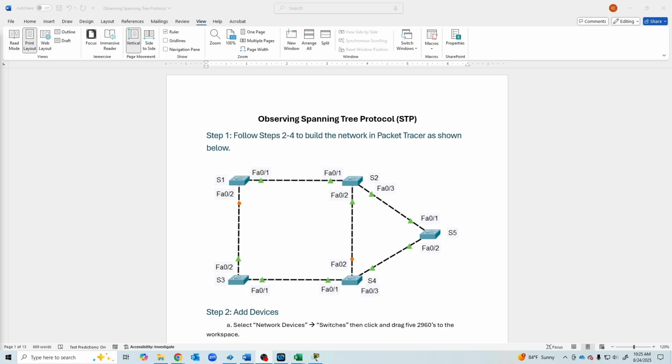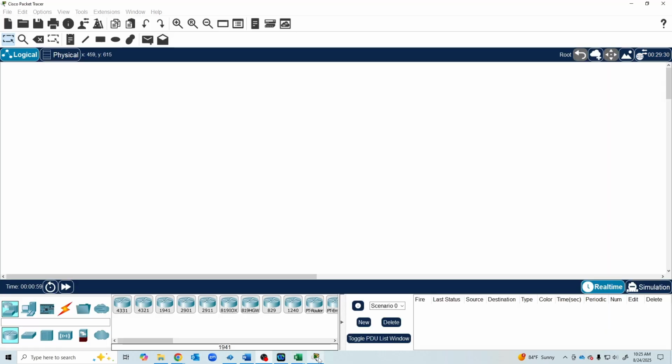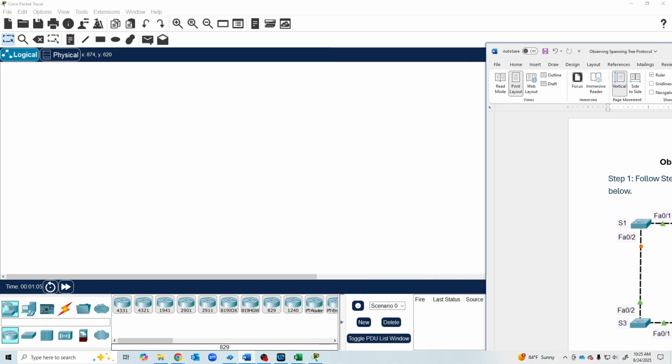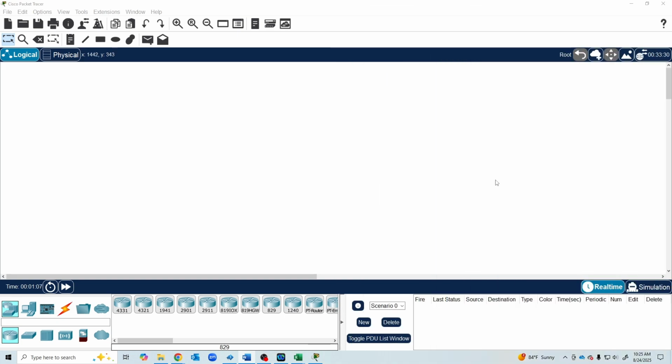So let's get started. I'm going to go into Packet Tracer. The first thing I need to do is start creating this network. Let me bring this off to my other monitor so I can see what I'm building. In Packet Tracer, if I want to build a network, down here in the bottom left corner is the menu for all of the devices I want to connect. So I'll go to Network Devices, select Switches, and then I'll bring up 5